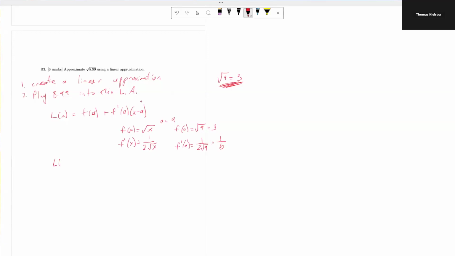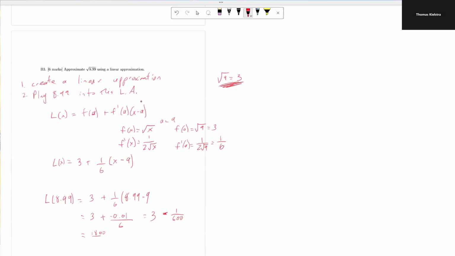So my linear approximation becomes 3 plus 1/6 times x minus 9. Now that I have my linear approximation, I can plug in my value 8.99. And this equals 3 plus 1/6 times 8.99 minus 9, which equals 3 plus minus 0.01 over 6, which is equal to 3 minus 1 over 600, which equals